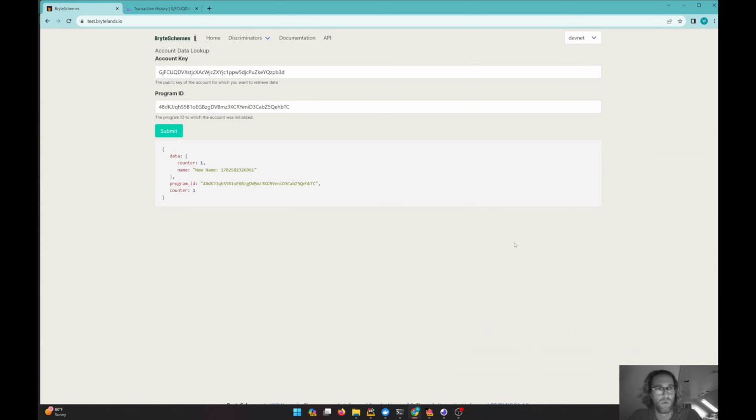All right, so I'm going to be giving a demo of BryteSchemes, the alpha release. This is essentially an alternative to using IDLs generated by frameworks and then using those IDLs to generate code, for example, in TypeScript. And so generally what you do is you'll take that IDL, generate code, and then use that code to